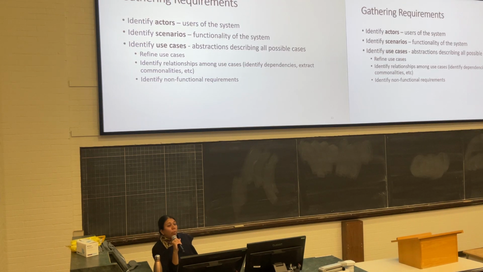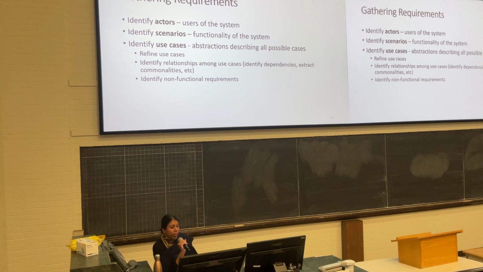So we know that for gathering requirements, this is something that you've already done. You've had to identify users and stakeholders of the system. You've had to identify the different features, epics, user stories, functionality, whatever you want to call it. And you've also had to identify, maybe unconsciously, the differences between the different features, meaning what features depend on the other. Although we didn't call them relationships, we just said, make sure we know which requirement or functionality every user story is dependent on. But now we are going a step further